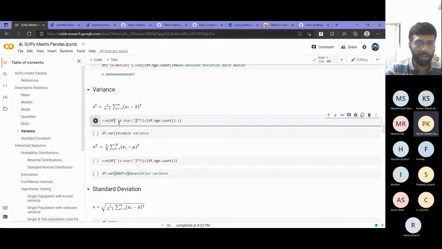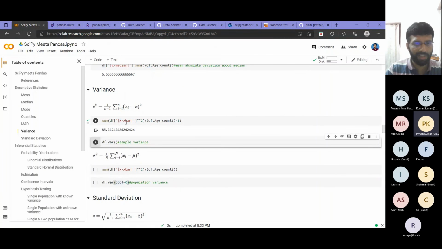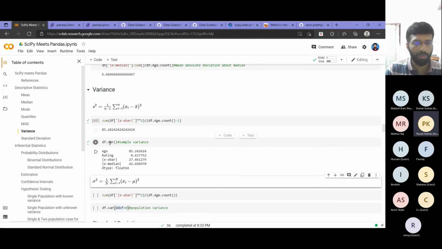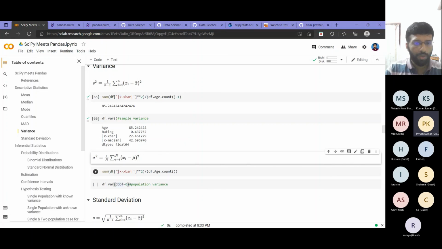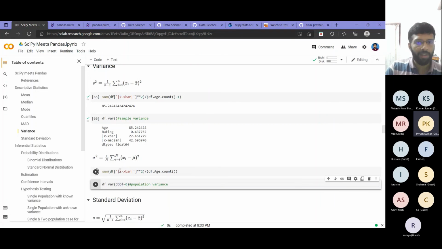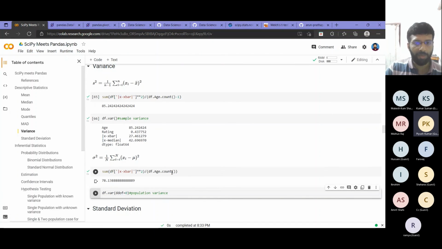So first, with the same equations, the x minus x bar that we computed, we can square that and add, then divide by n minus 1, and we will get 85.24. Similarly, Pandas has a default function, dot var, that will give me the same value. For the population variance, instead of dividing by count minus 1, I will divide by count itself, so I'll get 88.